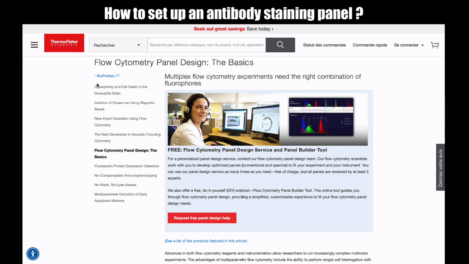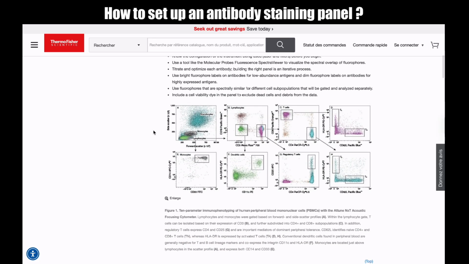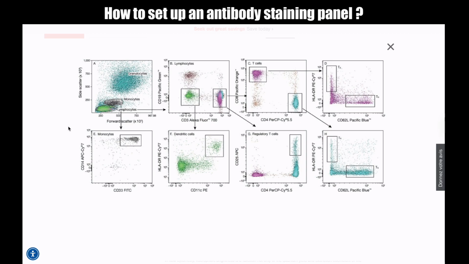So we talk about flow cytometry. An example of a staining panel is this. Here they wanted to analyze both lymphocytes and monocytes. As you can see from the arrows, they use different markers like CD19, CD3, CD4, CD8, etc. that are markers for CD8 cells.